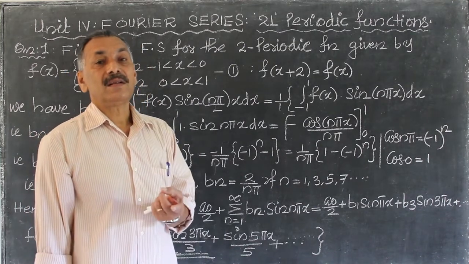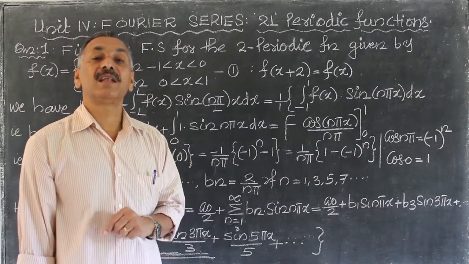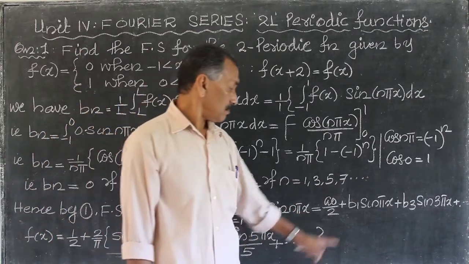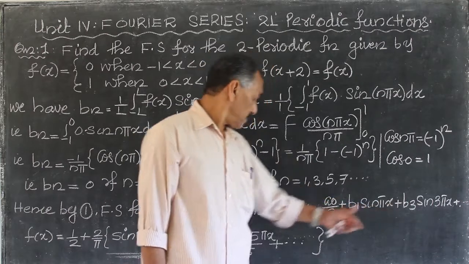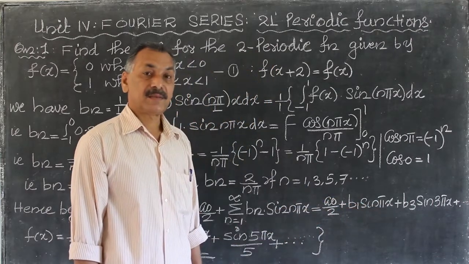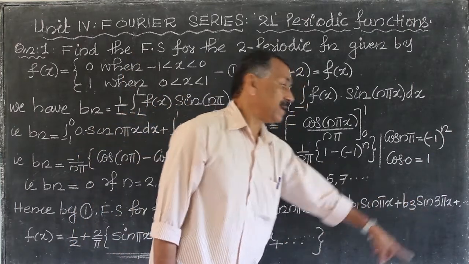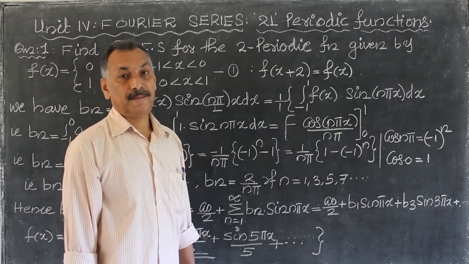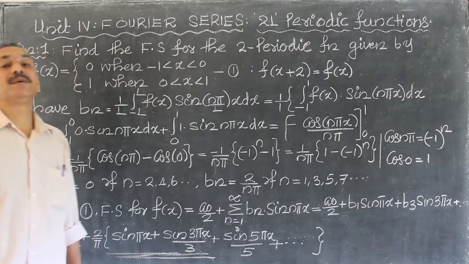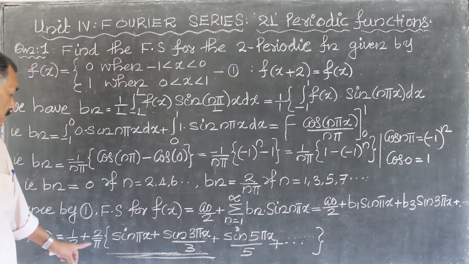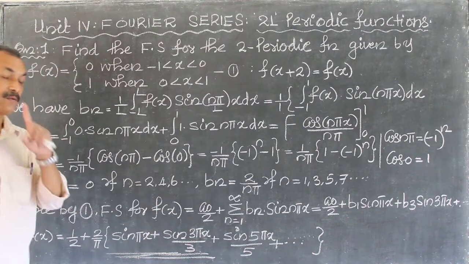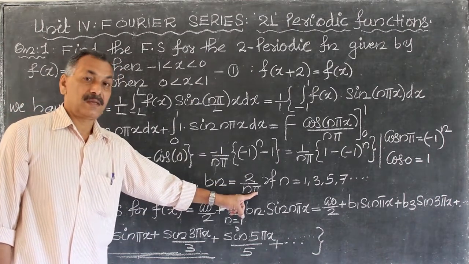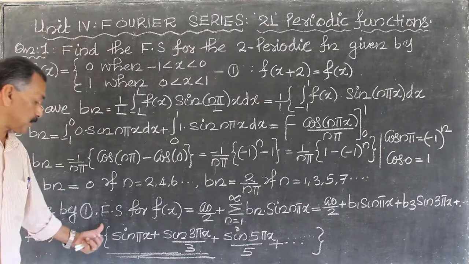Inside bn sin n pi x, b2, b4, etc. will be zero. That is equal to a0 by 2 plus b1 sin pi x, with n equal to 1, plus b3 sin 3 pi x plus b5 sin 5 pi x, etc., because b2, b4, b6, etc. are zeros. That is equal to a0 by 2, and a0 is 1, so 1 by 2 plus, taking the common factor 2 by pi outside, 2 by pi into